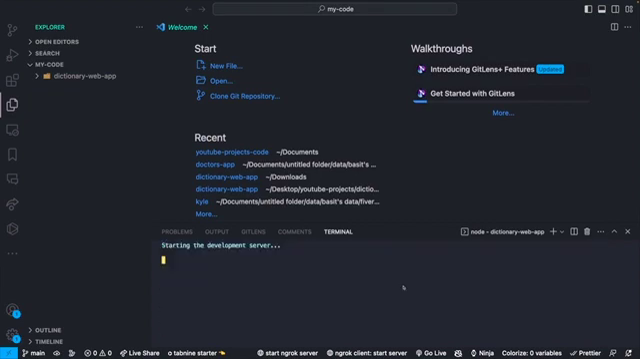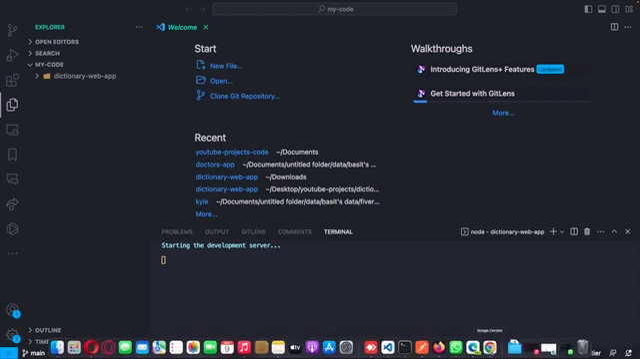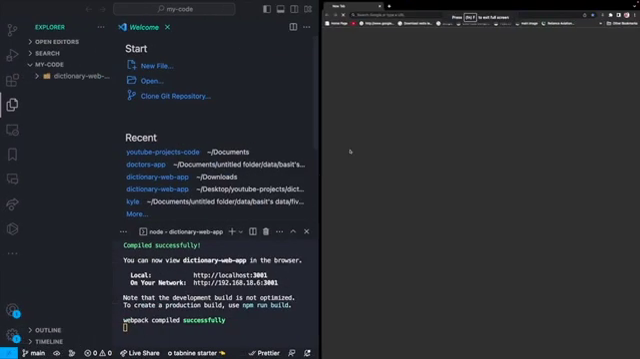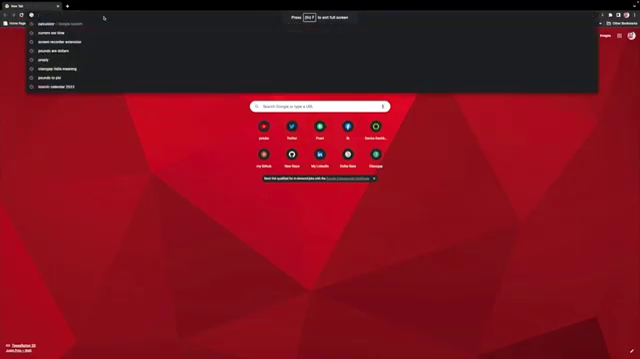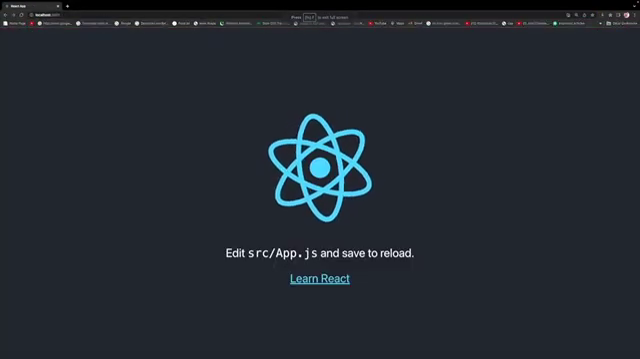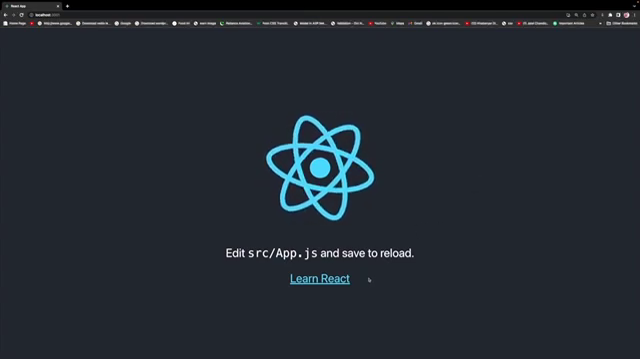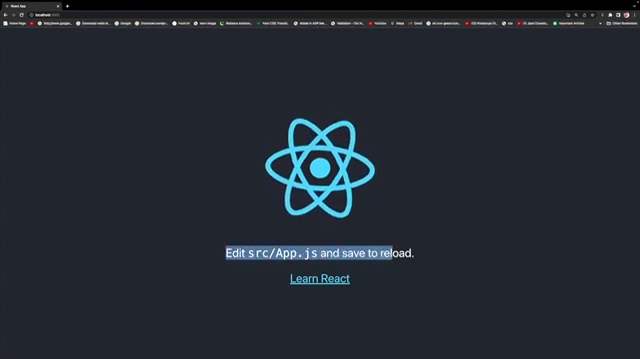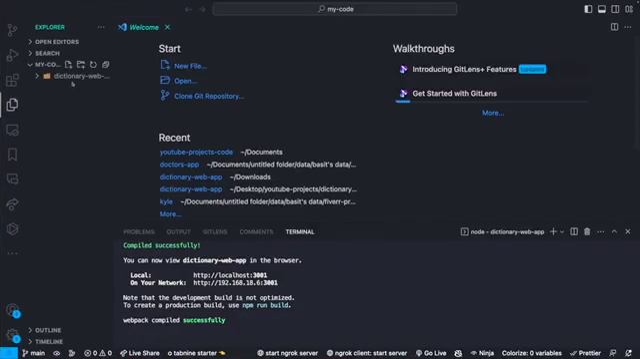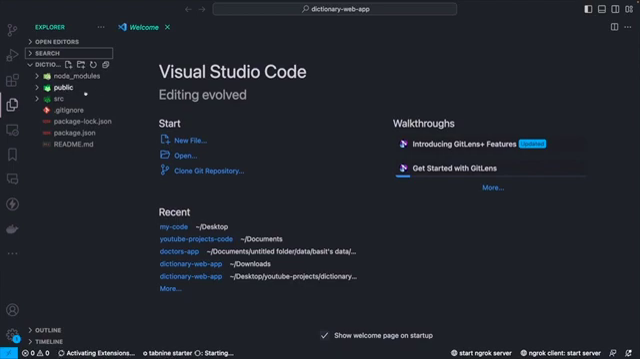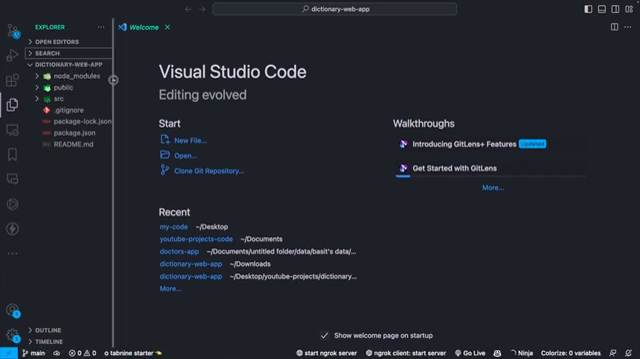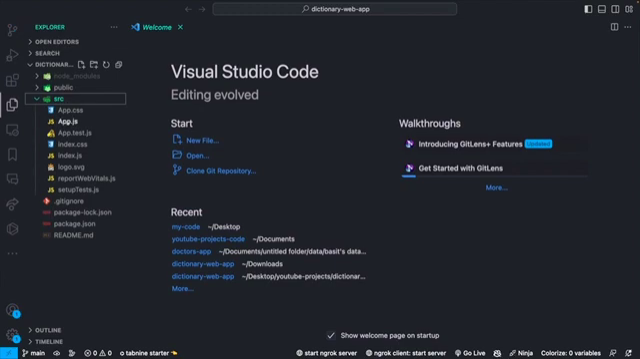So I'm going to open it in some new port. Okay. I'm going to open the array. Right, so that's the boilerplate. You can see it says edit App.js, save and reload. So I'm going to go to, yeah, sorry. So here, what I'm going to do is go to src/App.js